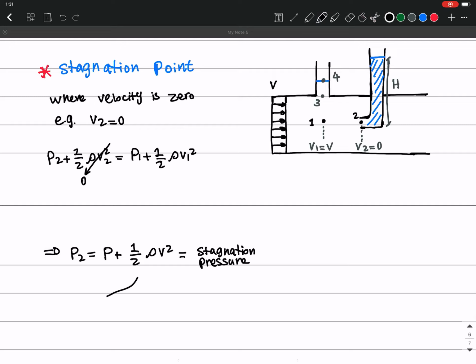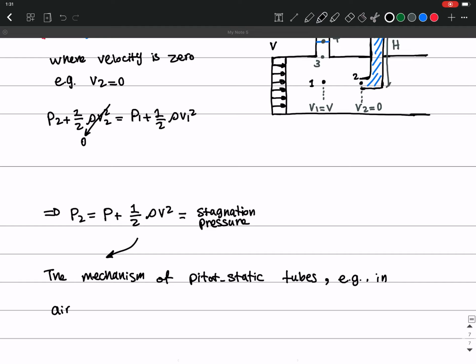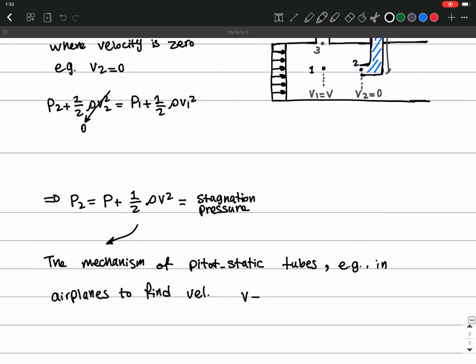Okay, so let me write it down. The mechanism of Pitot static tubes, for example, in airplanes, to find velocity. So the way we find the velocity in airplanes, and this is the mechanism they use to find their velocity